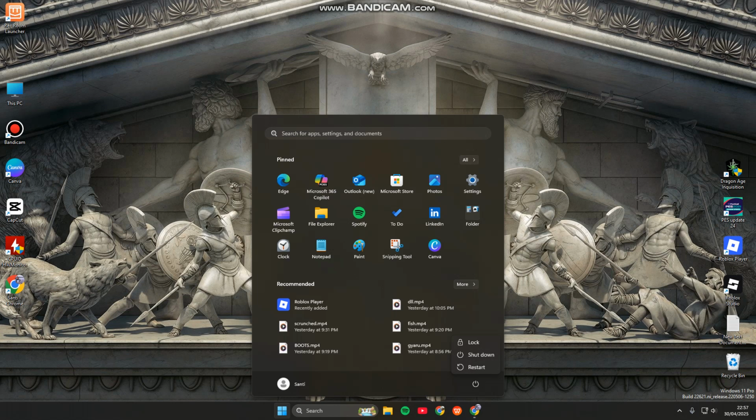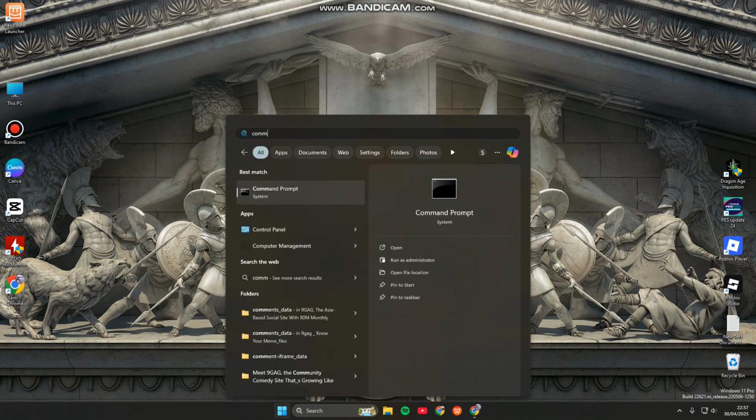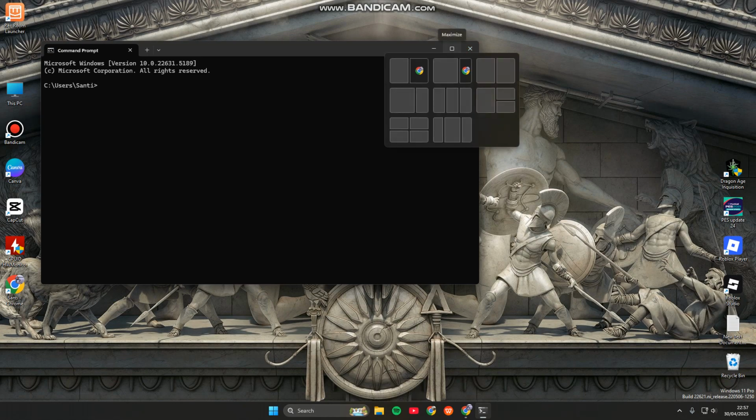And second method, you can run the system file checker or SFC scan. You can just press on the Windows key and type in command prompt here, this one. And then you can just run it as administrator. And in the command prompt, you can just type sfc/